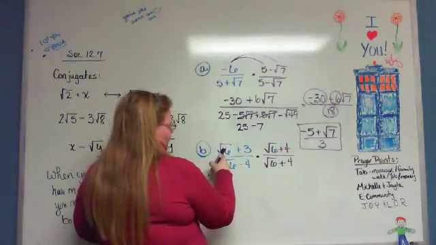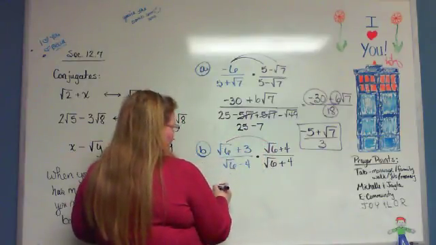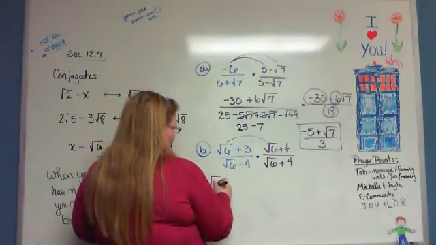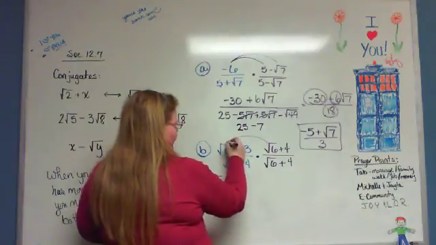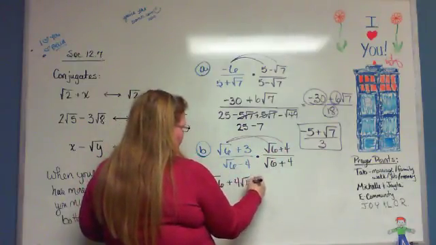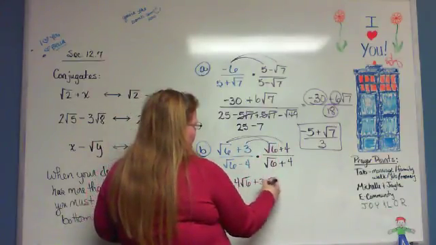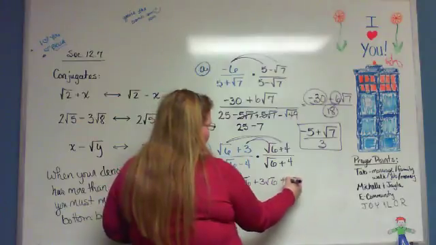Up here, square root of 6 times the square root of 6, because remember you still got to distribute, gives you the square root of 36, and then that's plus 4 square roots of 6, plus 3 square roots of 6, plus 12,